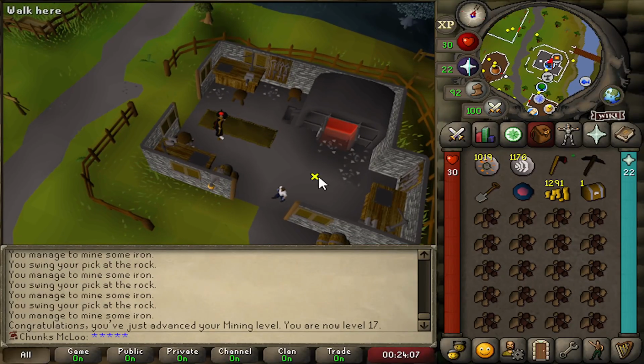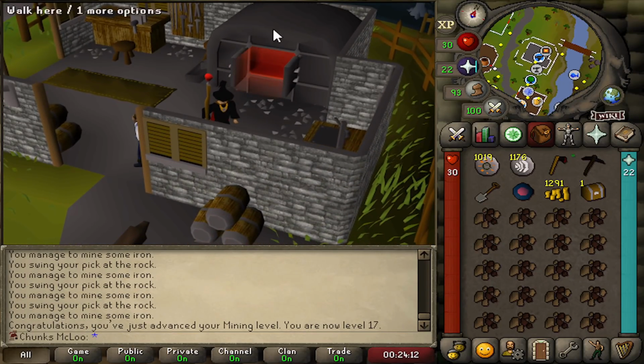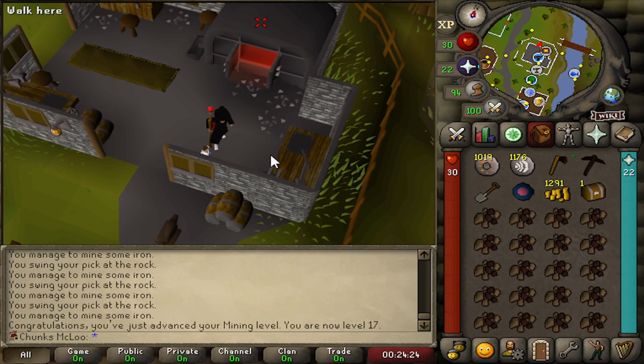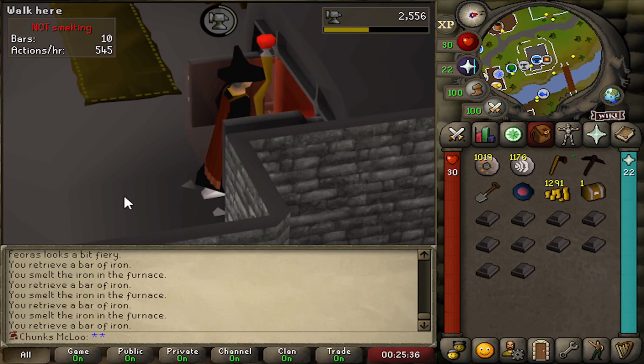Alright, first time smithing iron bars on the account. They say that this is where Jagex decides if your account's going to be lucky or not. So the amount of iron bars that we can smith out of 20 is how lucky we are out of 20. That's the way it works. Tweet Mod Ash about it if you think I'm lying. Let's go. Right, so we managed to get exactly 10 out of 20 iron bars,